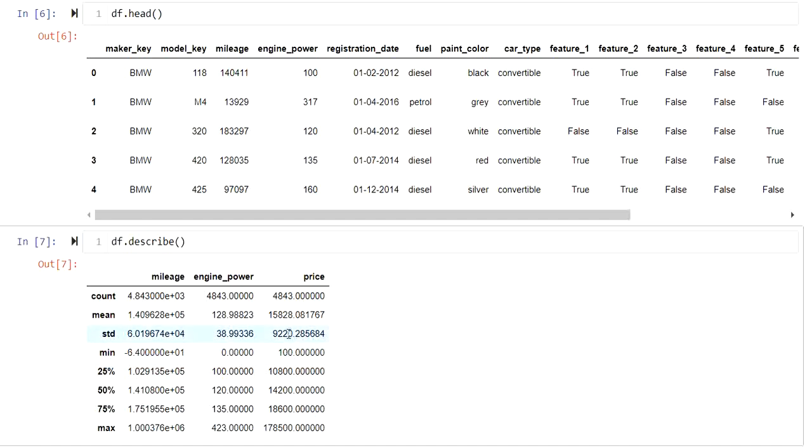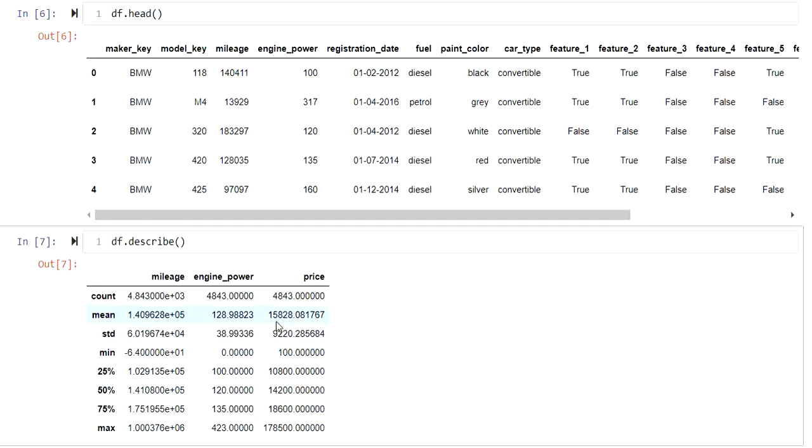Alright, let's have a look once more. One more statistical inference we'll try to see here. However, a lot more can be done. If you look at the column price again, the average price of a car is 15,828. But if you look at the maximum price, that is 1,78,500. And if you look at the 75th percentile, the value is 18,600. Well, I suspect some outliers or skewness here also.